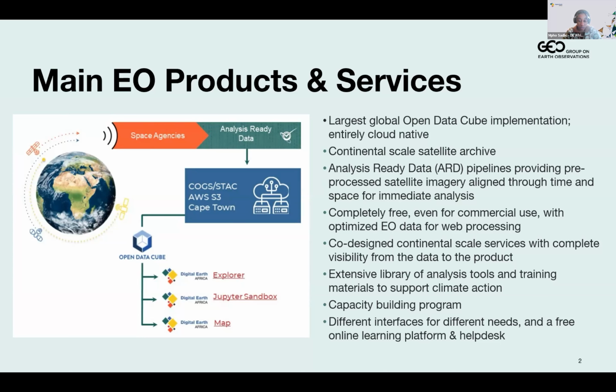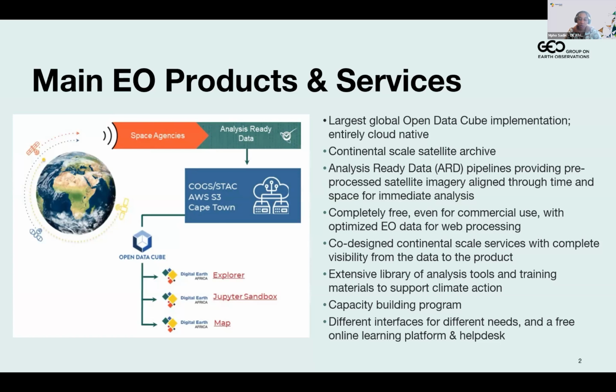And this data cube is hosted within Africa in Cape Town with AWS, Amazon Web Services, supported by their Amazon Sustainability Data Initiative. And of course, as I mentioned earlier, the way the data is structured, you get to access the data that you need for your specific area without needing to ever download large data sets, so you can work efficiently with the areas and time periods that you're interested in.